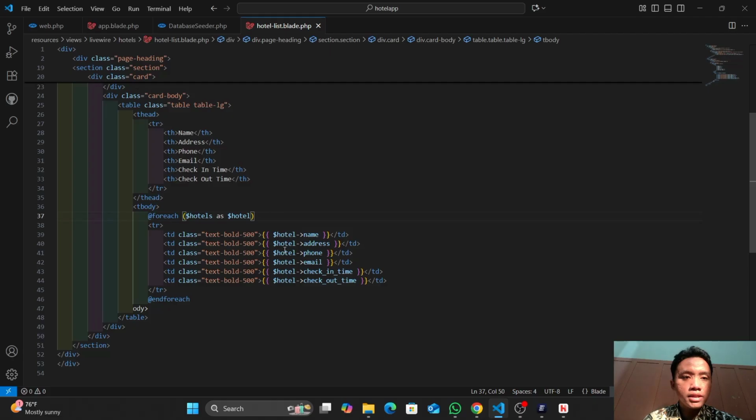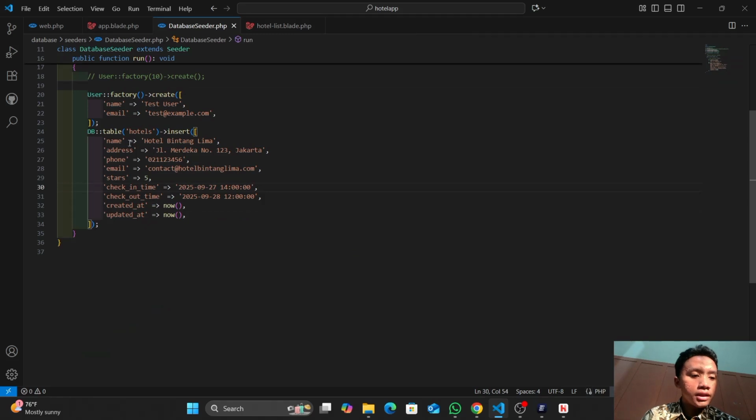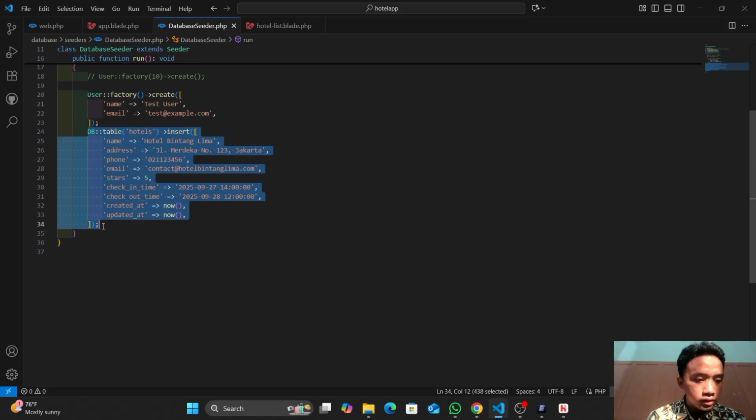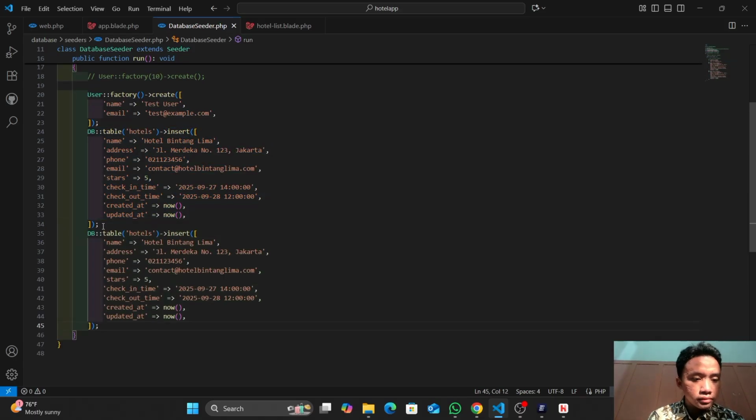What's more, for each. So you have to use foreach hotel the variable hotels that we have defined in the component. We can write hotels as hotel like that. What's more, now this is the database seeder.